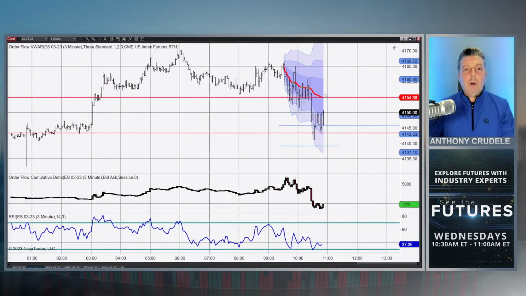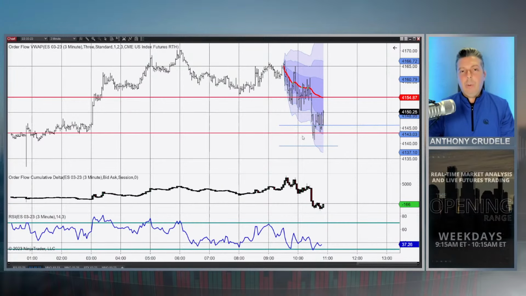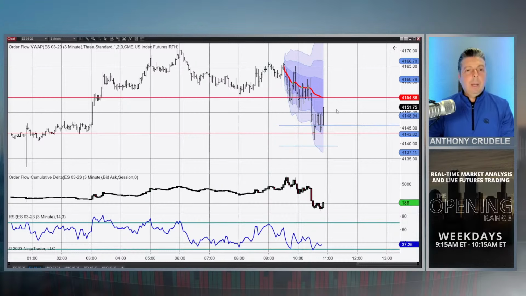And now we start to go back up, and that's where you look for, maybe it hits it, maybe it doesn't. Like I said, I'm doing all this in hindsight at this point, but you understand the difference, right? Now let's just say, hypothetically, okay, forget about the VWAP.